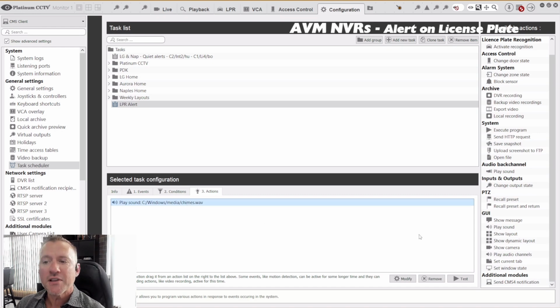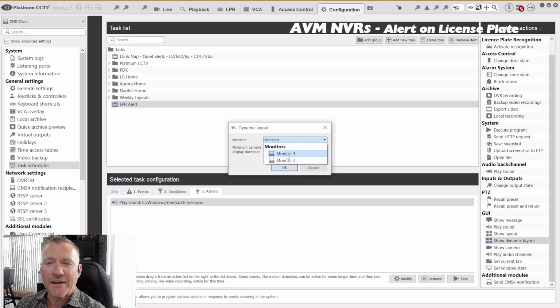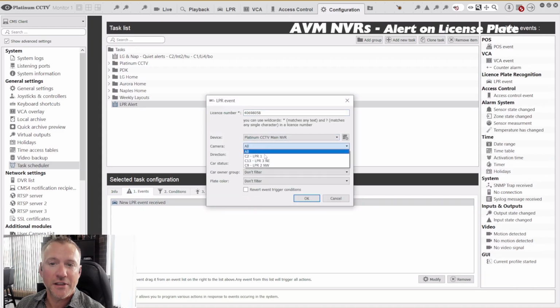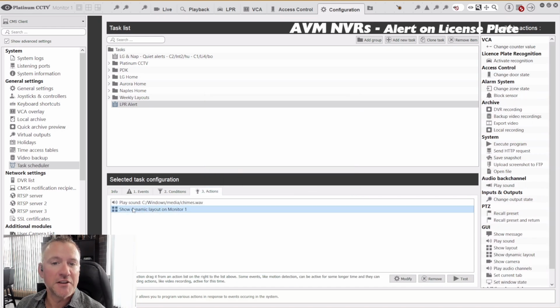Now that we've got a noise, I also want it to pop up and show me exactly what's happening. So we're going to go to a dynamic layout here, and I'm going to select the monitor on this PC. I have a couple of different monitors, so both of those show up. And then minimum camera display duration, I'm going to say keep that camera up in view for about 20 seconds. Now it's going to be watching on all of our different cameras with LPR, but it knows what camera it's coming from, and that's why I selected the dynamic layout. Now, when that vehicle triggers off that layout, it's going to pop up that camera regardless of what layout